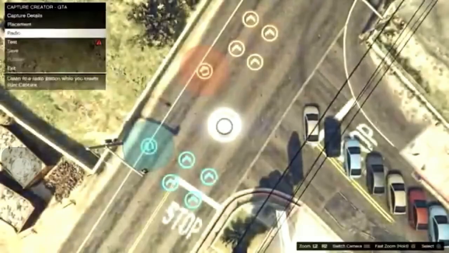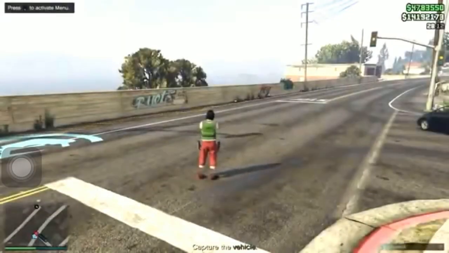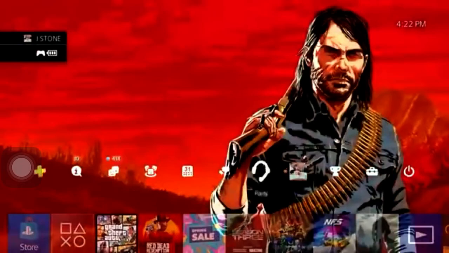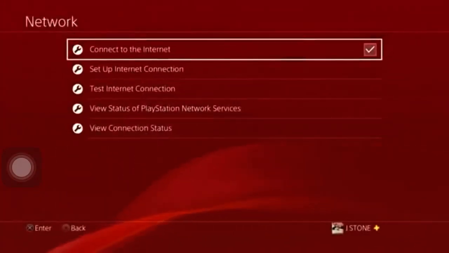Once you've loaded into it, go down to test, click on that, and then click on team 1. That's going to load you into the job. Now that you're loaded into the capture job, you want to tap the PlayStation Home button, go over to settings, go down to network and click on it, and you should be highlighted over this option that says connect to the internet. While you're highlighted over it, you want to double tap the PlayStation Home button, and that's going to